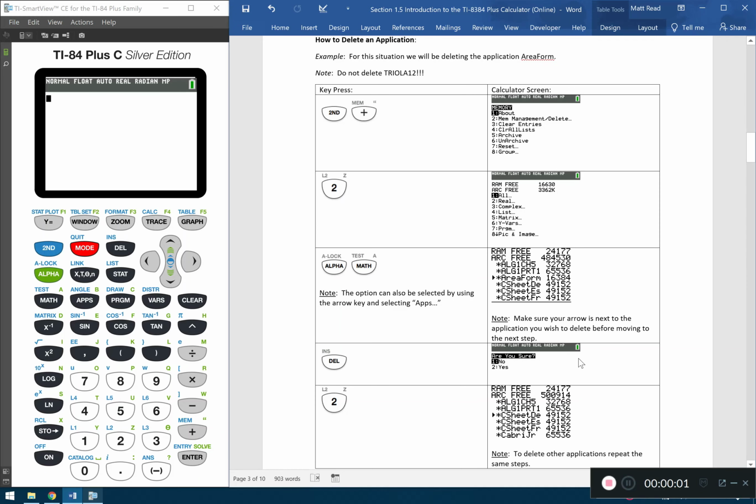This video will walk you through how to delete an application that you're not allowed to have in your calculator. As a reminder, you may have and will need the Triola 12 or Triola 12C application for your calculator. You are also allowed to keep the Prob Sim application as well, but all other apps must be deleted before I download the Triola 12 app to your calculator, and all other apps must be deleted prior to you taking